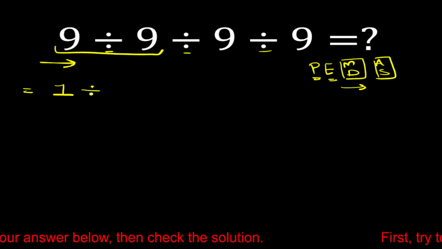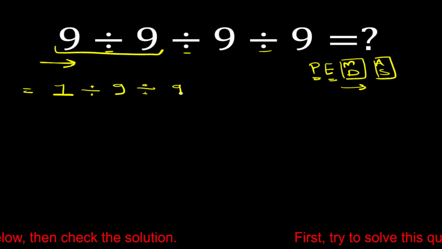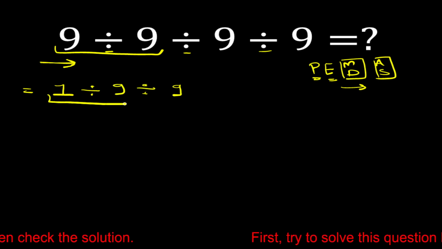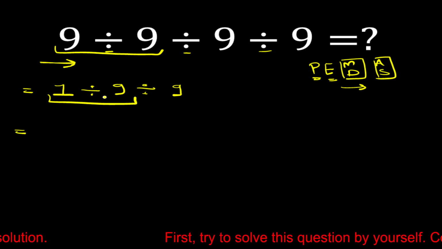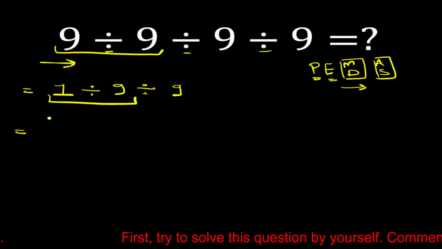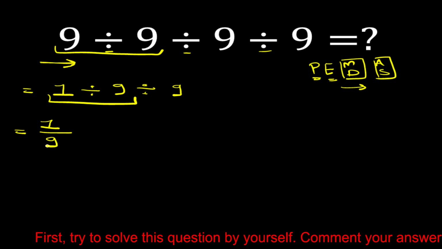1 divide 9 divide 9. Now we have to solve this part. So 1 divide 9 is equal to, we can write as, 1 by 9